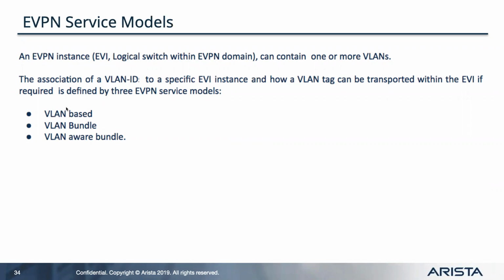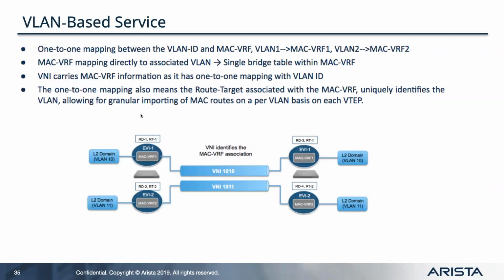Okay. So one is VLAN base, which we will discuss next. There are three: first is VLAN base, VLAN bundle, and VLAN aware bundle, right? Now we will discuss each one of these, and what is the difference between them. So let's start with VLAN base service. Okay, so VLAN base service is nothing but